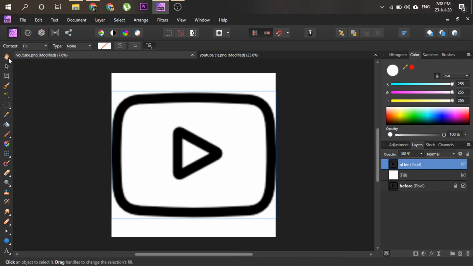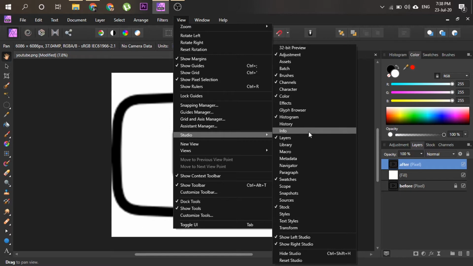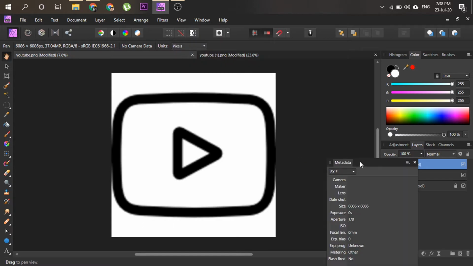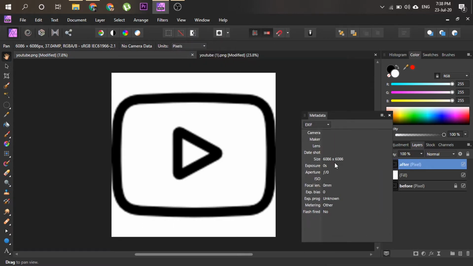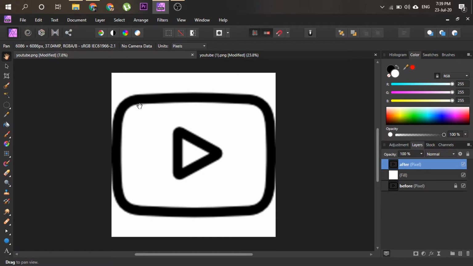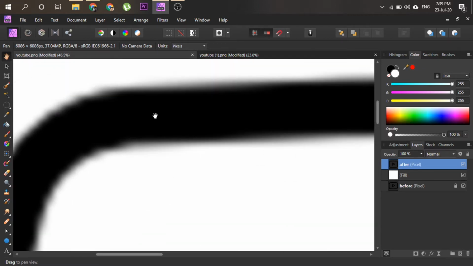If you want to see the resolution of this graphics, you can go to view and then studio and then metadata. As you can see, I think I saved a larger size of the graphics. Anyways, let me try to increase its resolution, and as you can see, all the graphics has been pixelated.